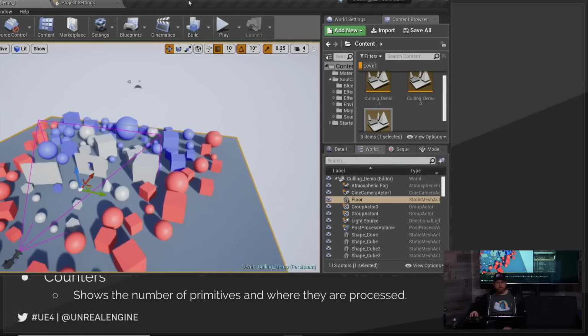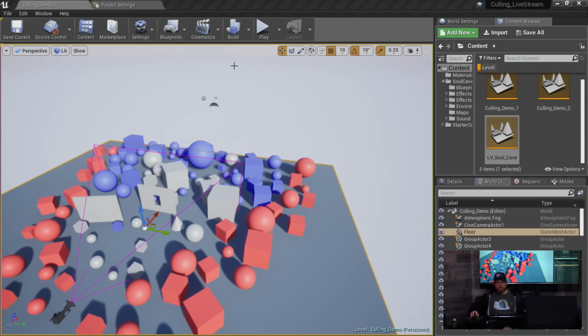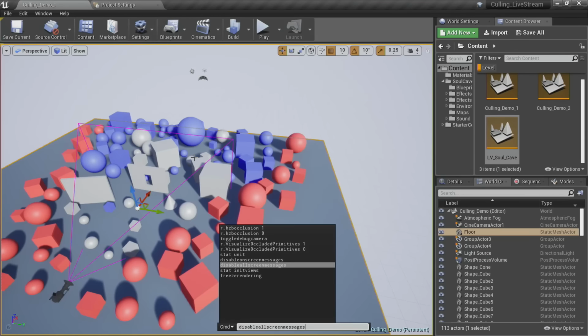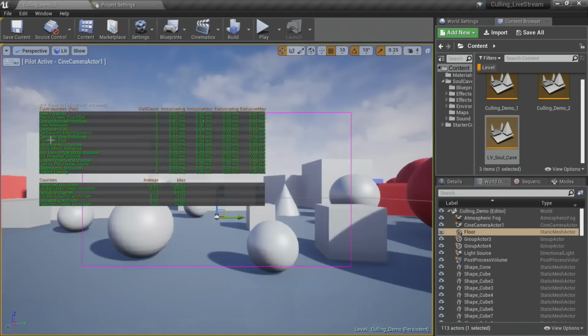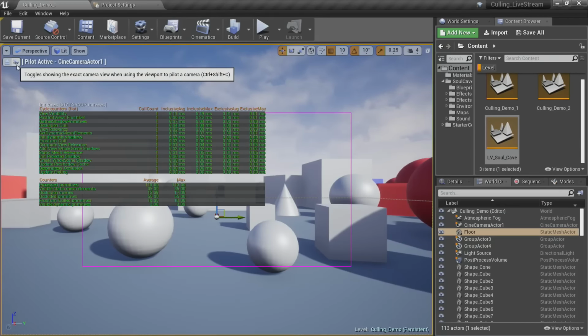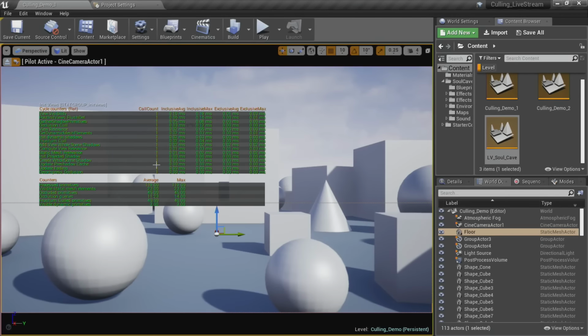And then let's pop back over here and open up stat init views. Some of these I already typed out earlier. From this one, I'm going to possess my camera. I'm going back up here to perspective, and then I've got my cinematic actor camera here. I'll hit the little pilot button, so it gives me the actual view. I apologize because this is a little smaller on the screen from where I'm sitting. But we can get an idea of where our time is being spent. And we'll look at a practical scene. I've got one with Soul Cave. That's a developed scene, not just my little spheres and walls and cubes.